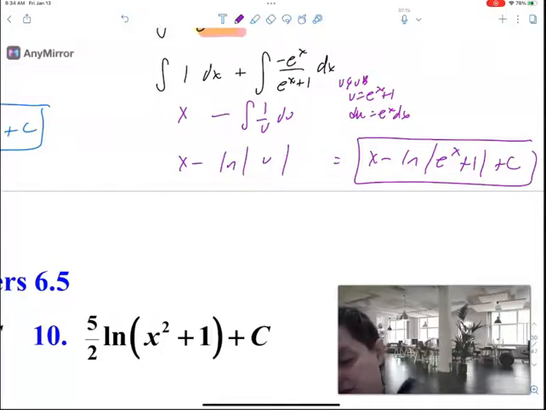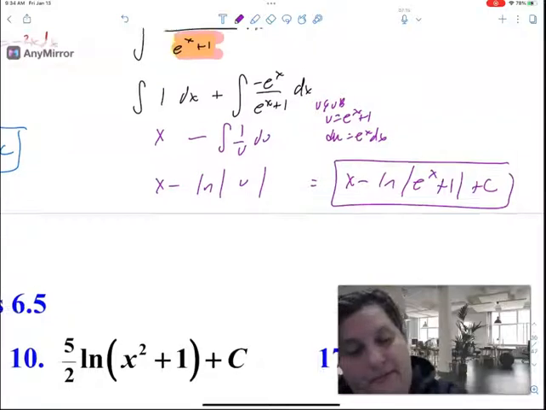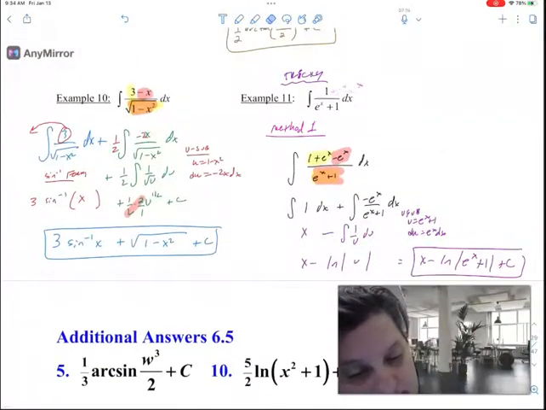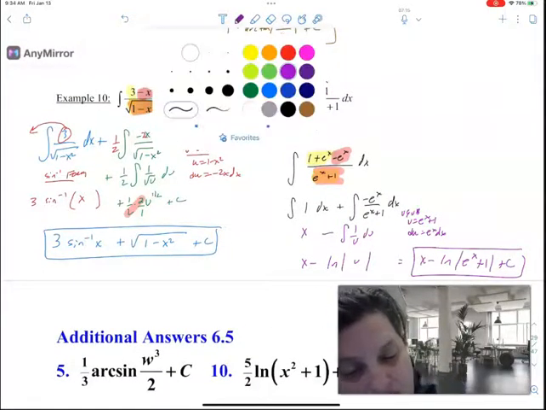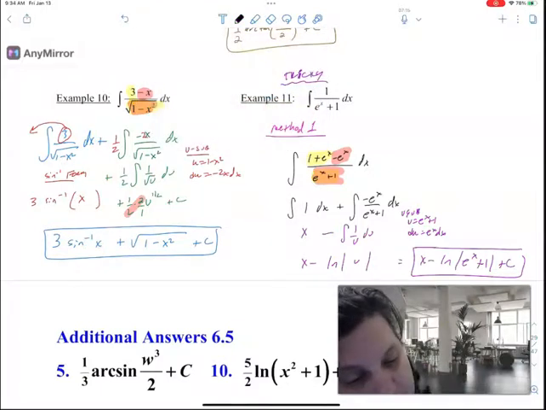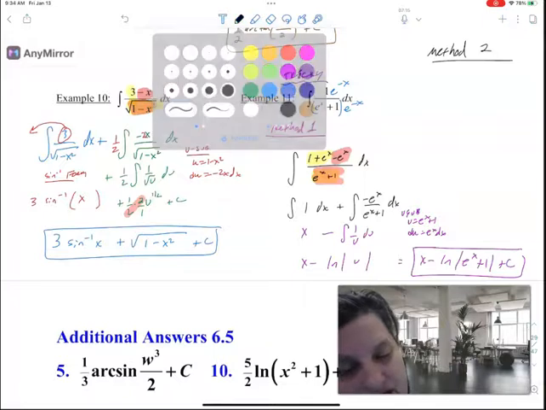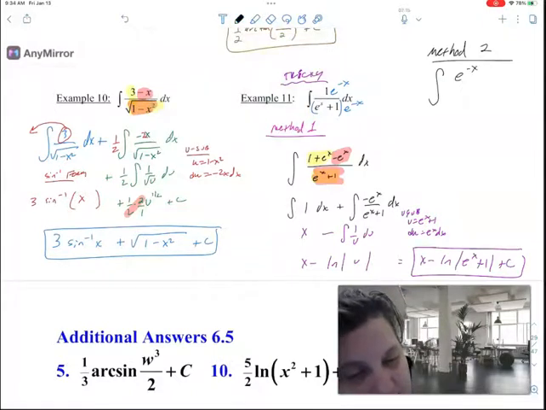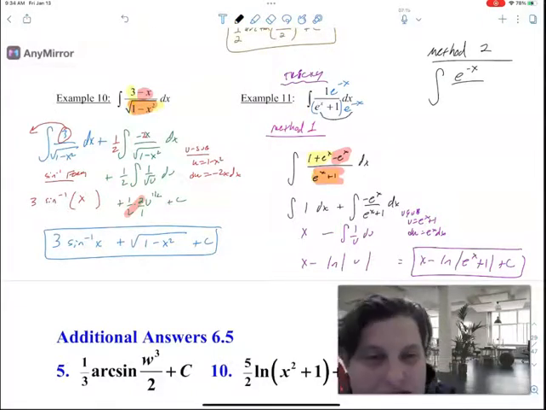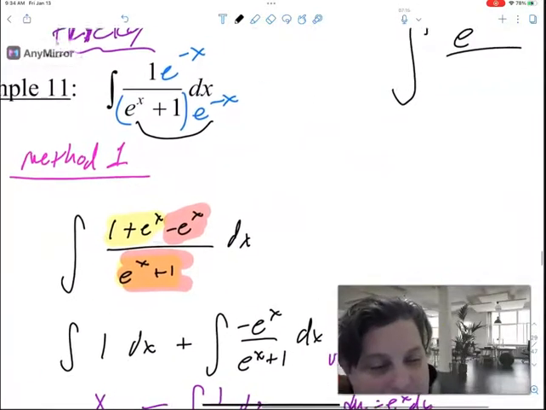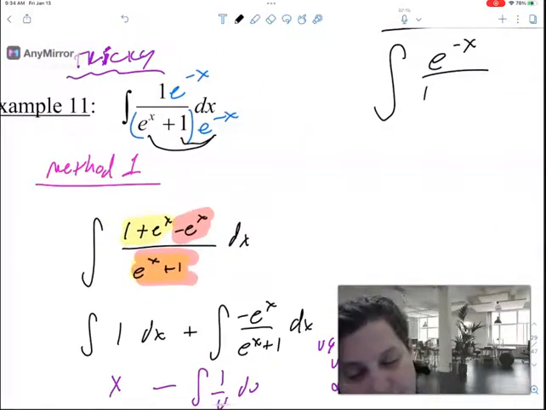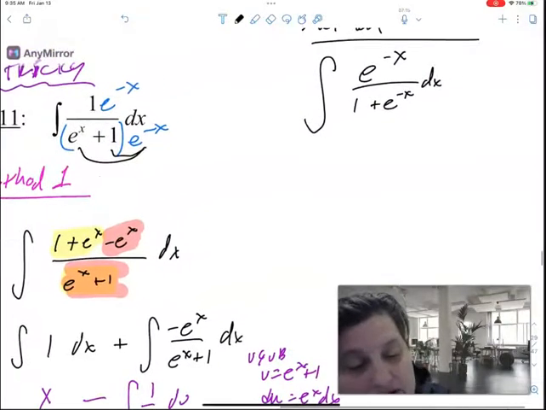Okay, here's another way to do it. Again, algebraic manipulation. Instead of adding something to top and bottom, I'm going to multiply. Okay, e to the negative x on the top and bottom. And I'm going to change this problem into e to the negative x over, now you guys, if I'm multiplying an e to the x and an e to the negative x, that just cancels out and gives me 1. And if I'm multiplying that, that's just e to the negative x. And guess what? Now this is a u sub problem,